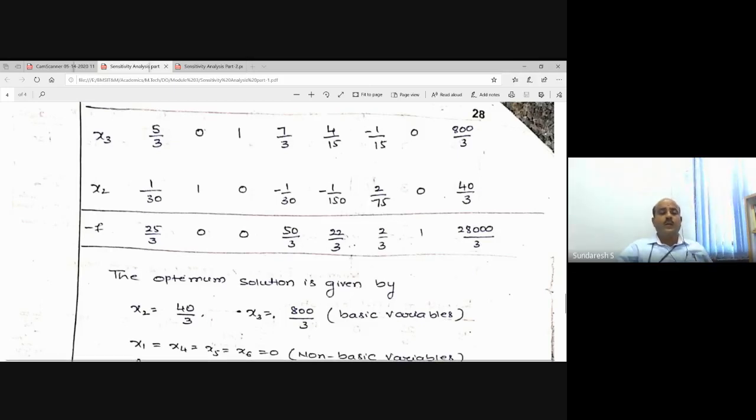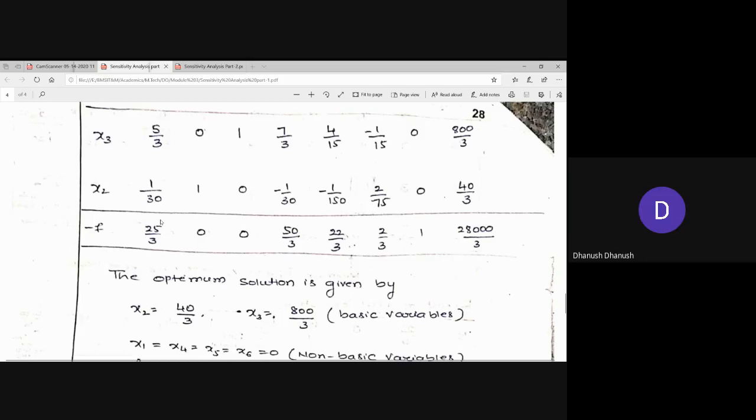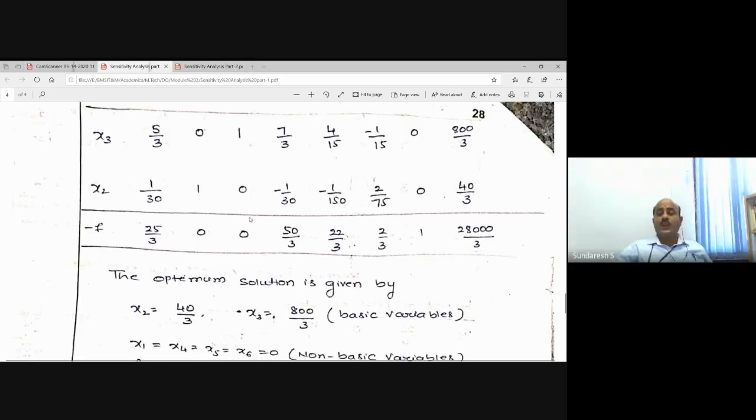Over. Got these answers, my dear students? Yes, sir. So now just look at the cost coefficient values. All these cost coefficient values, you are getting a non-negative number. Either it might be 0 or it might be positive values. So now you can end the pivot operation. The condition you're supposed to satisfy is that the cost coefficient values should be greater than or equal to 0. Then you can stop the pivot operation.